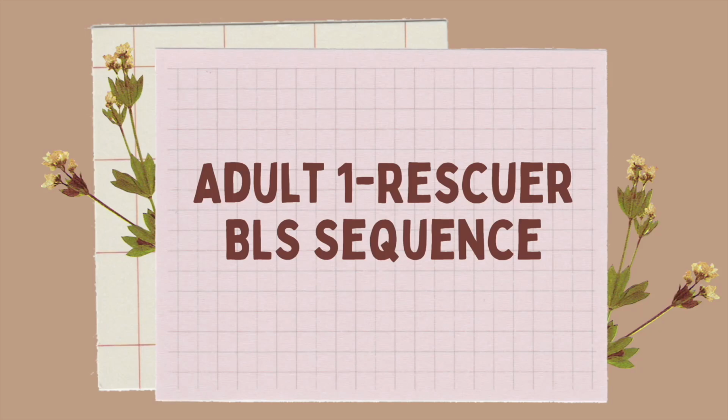Our actions can change if we are alone, or one rescuer is present, or there are two rescuers present. Let's start from the adult BLS sequence when one rescuer is present. The rescuer who arrives at the site of a potential cardiac arrest victim should perform step 1 and 2 and